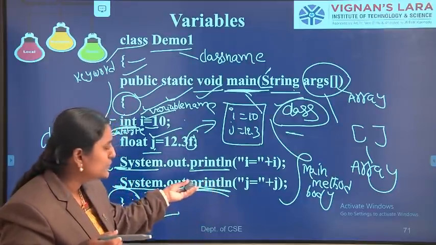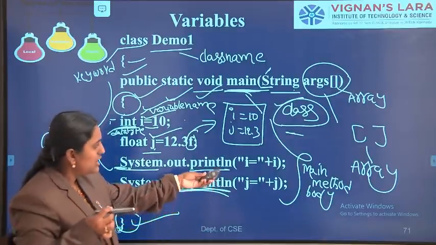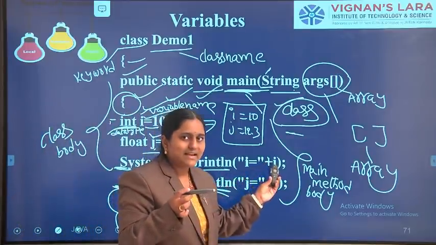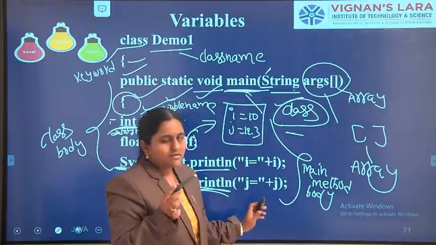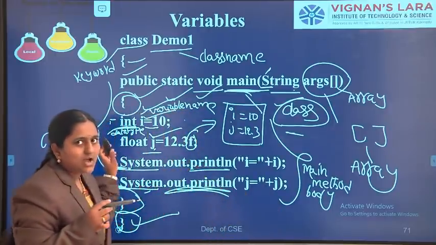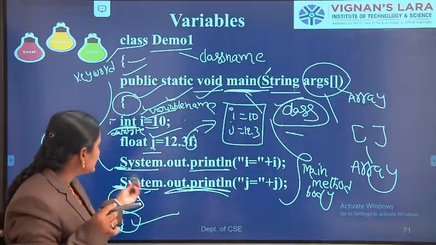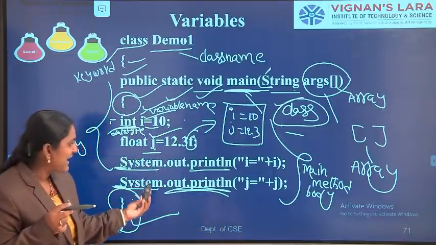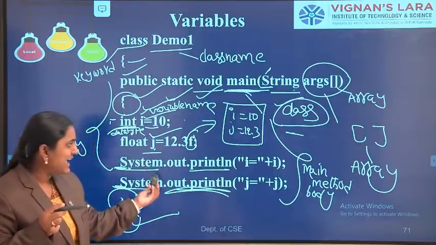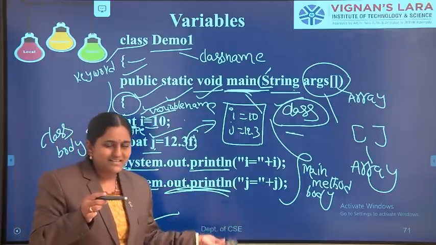In Java, to print the values on the console, we can use plus. It is the concatenation operator. Finally, System.out.println is the output statement. It is like the printf statement in our C programming language. Here System is the class. It is a predefined class. Out is an object of the System class. Println is a method. It prints a new line.